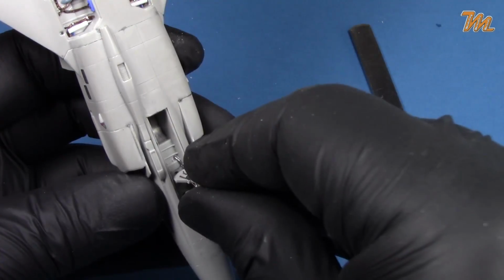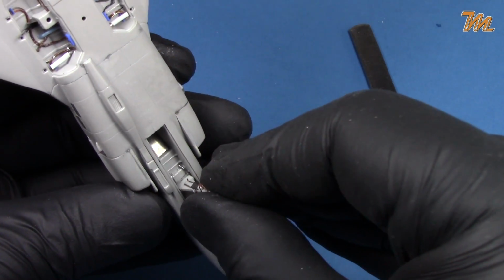Off camera, I made photo etch gear bay doors